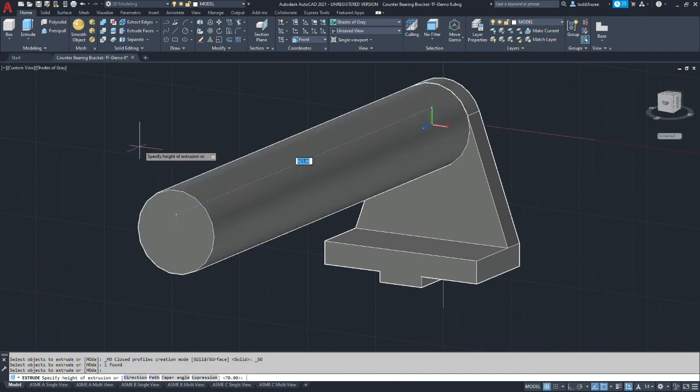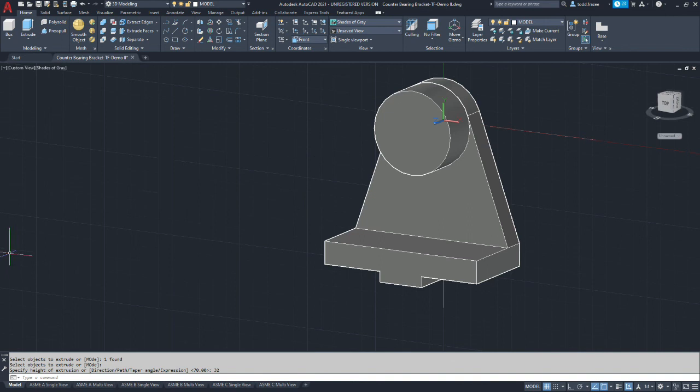And once we've selected it, that's a little long. Our total height is 51 millimeters, but if you remember, we're drawing on top of the tapered flange, which is 19 millimeters thick. So we need to subtract 19 from 51, which should be 32. So that gives us a new body that's a cylinder that's on top of our flange.